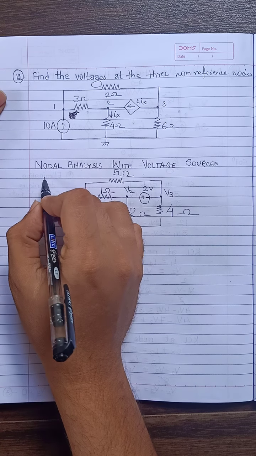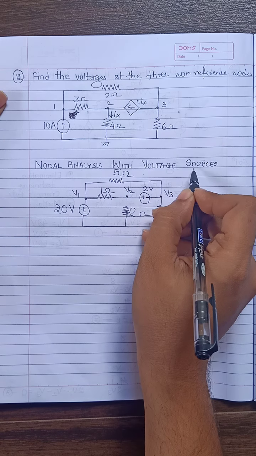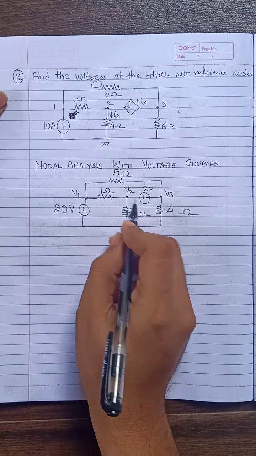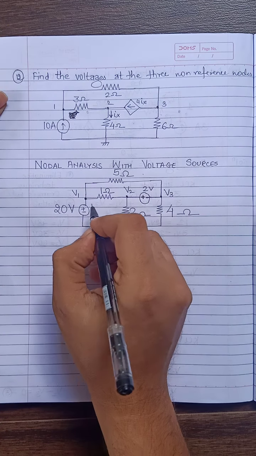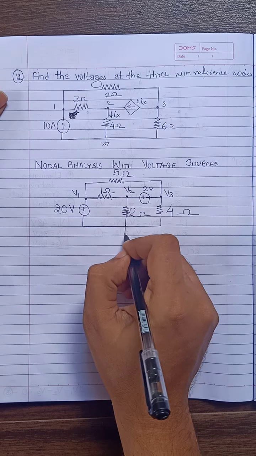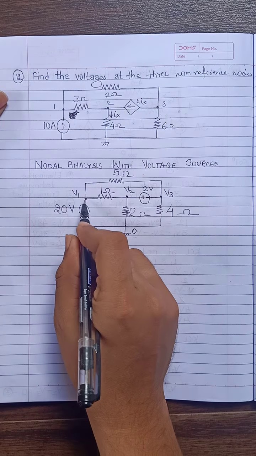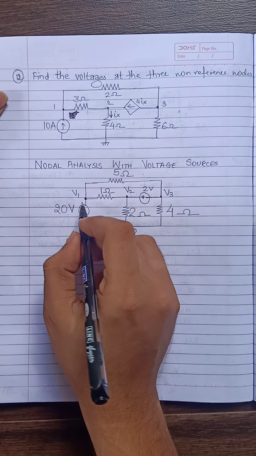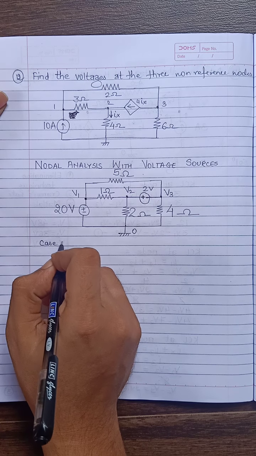Welcome back. Today I am going to show you how to do nodal analysis with voltage sources. Right now there might be two cases in your analysis when you come across such type of circuit. You can see, suppose I call this a reference node or node 0. V1, V2, V3 are other than the reference nodes. So there are two cases in this problem.